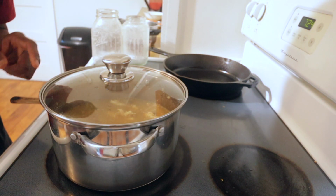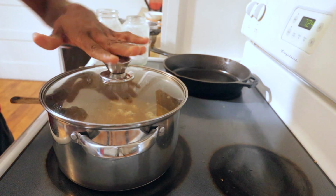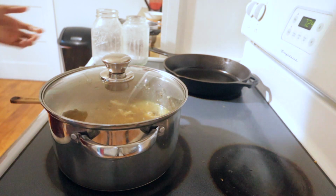Okay, and let this cook here. We're gonna check this when it starts boiling. While we are cooking this, at the same time,